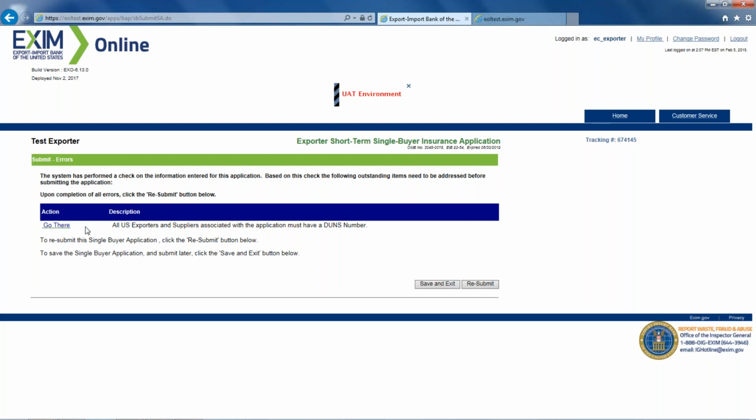So I can't enter a DUNS number because this is not a real company. But assuming I have successfully done so, I would select the resubmit or submit button depending on the circumstances. And I'll get a sort of a screen that will confirm that the application has been submitted. You want to take note of this tracking number, which will appear when the application is started. That is the identifying number for any communications you have with Ex-Im Bank, and that will be cited in DOL automated communications to the exporter and the broker. So that is basically the ESS application.